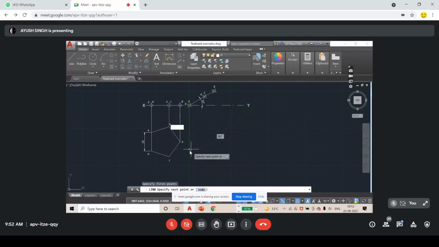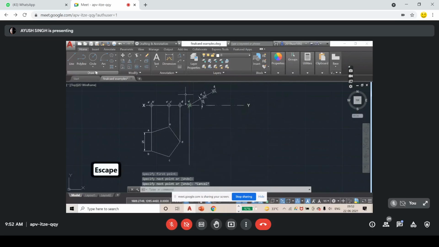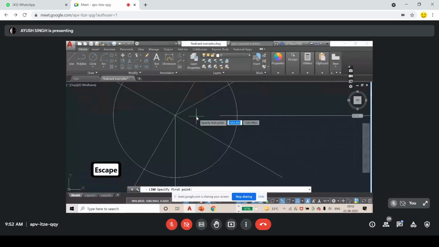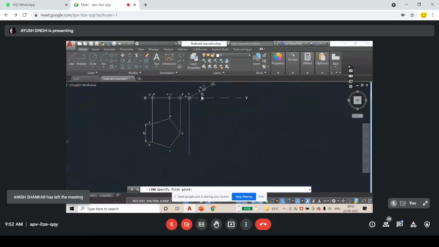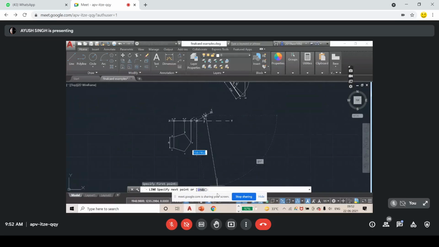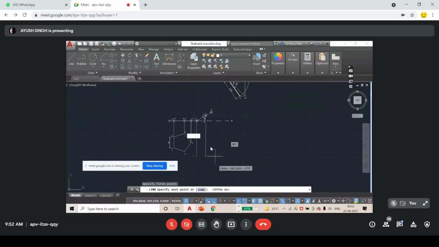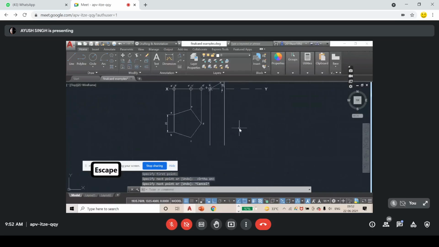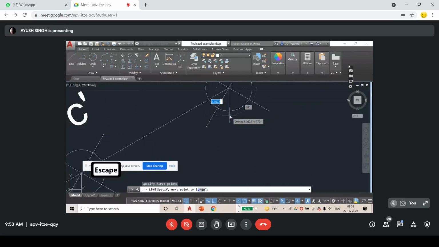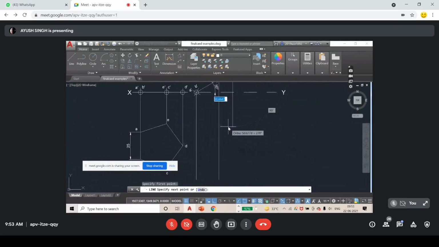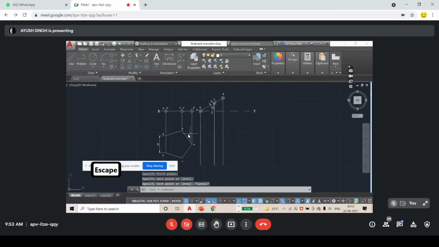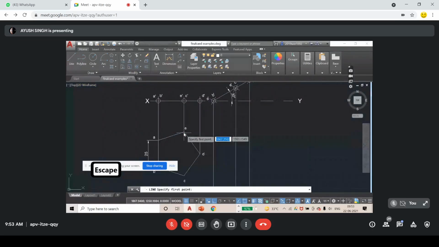So I will draw projection from here. You all know about this. I am just revising it. And just zoom in to see if you have matched the correct point. Sometimes it happens you draw the line from here and it gets the whole question wrong, which means your last calculations will be wrong. I'm turning on ortho from here. I am taking the projections, zooming to check if I'm using the correct point. I have taken all the lines' projection and I will take the projection from here.